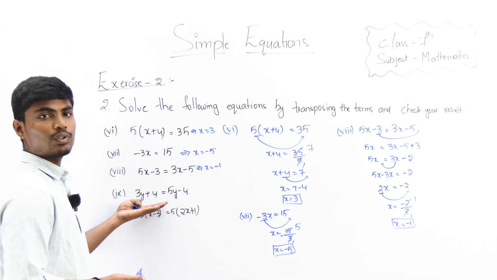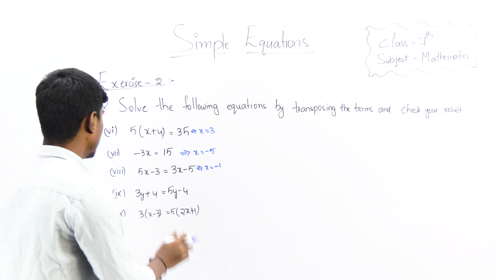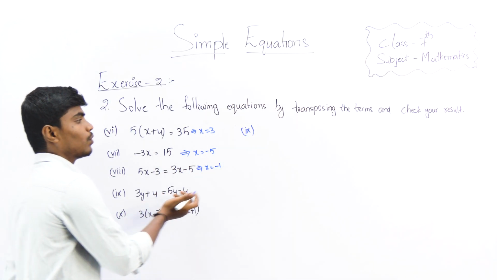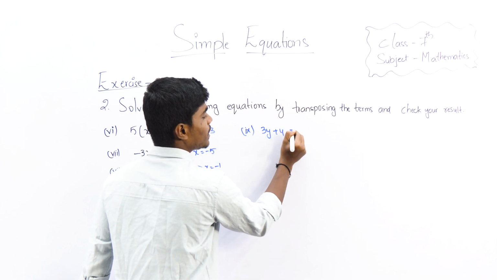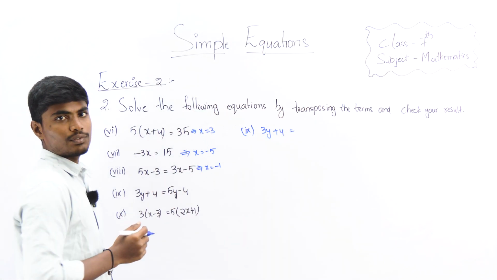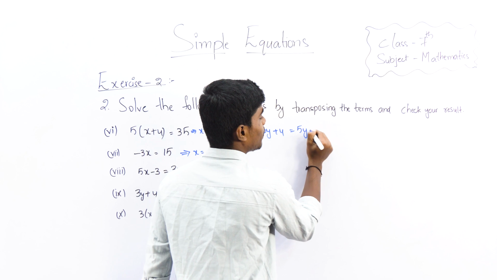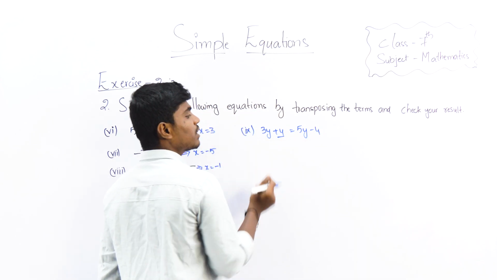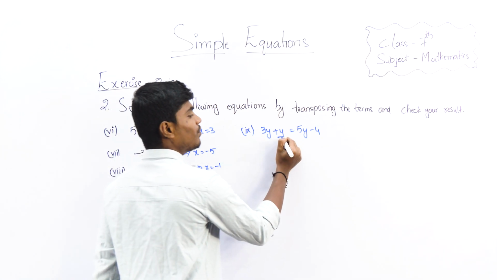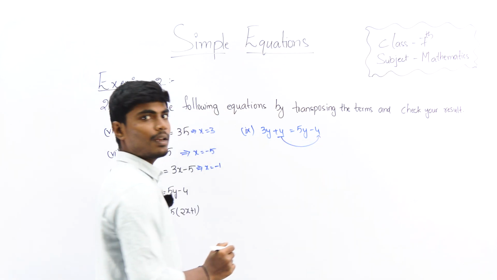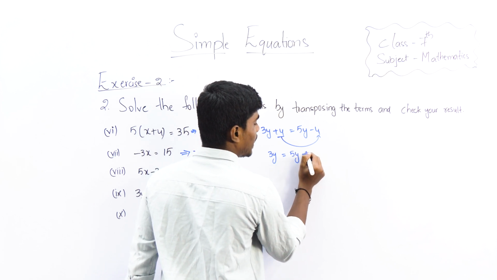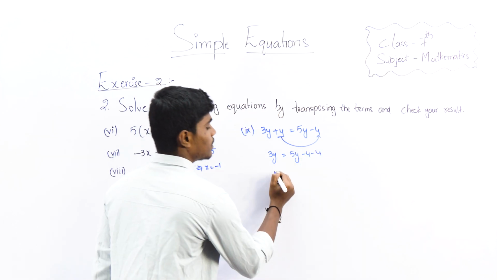Now let's move to the ninth problem. Here, the ninth problem. What did he give? 3y plus 4 is equal to 5y minus 4. So 5y minus 4. Here 4 is adding on the left side. So if we move it to the right side, it will subtract. So 3y is equal to 5y minus 4 minus 4. See, 3y